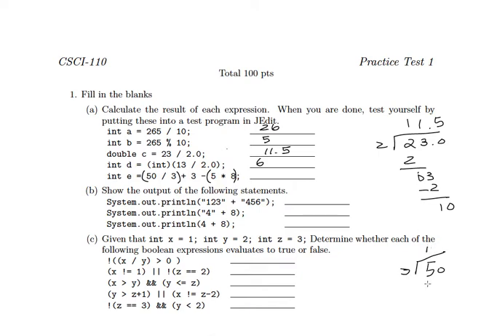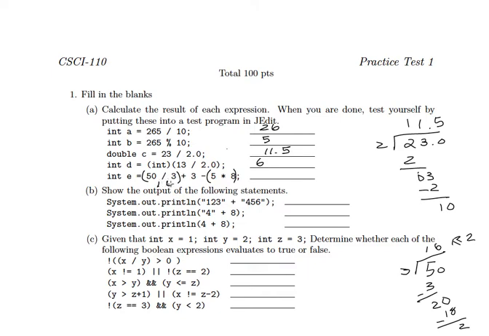1 times 3. Ugh, painful with the pen tablet. 6, 18, 2. Okay, so I have 16 with a remainder of 2. The reason why I know I need a remainder of 2 here is because I have 2 ints here, which means I'm not going to be taking the remainder at all. This part's a 16,